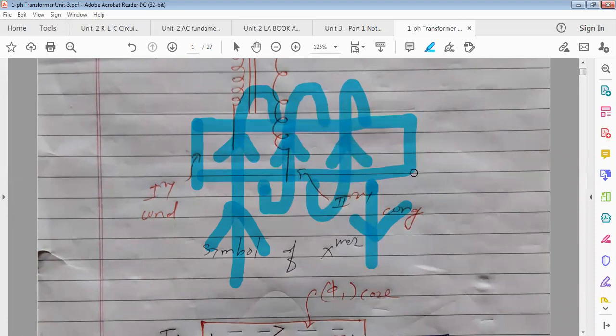Fingers of the right hand, you wrap in the same direction as that of the coil wound. Because if the coil is wound in clockwise direction, current will also flow in clockwise direction. If the coil is wound in anti-clockwise direction, current will also flow through that coil in anti-clockwise direction. अभी आप current का पाथ देख सकते हो. So wrap the fingers in the direction of the coil and tell me, is the thumb of the right hand pointing toward right or toward left?